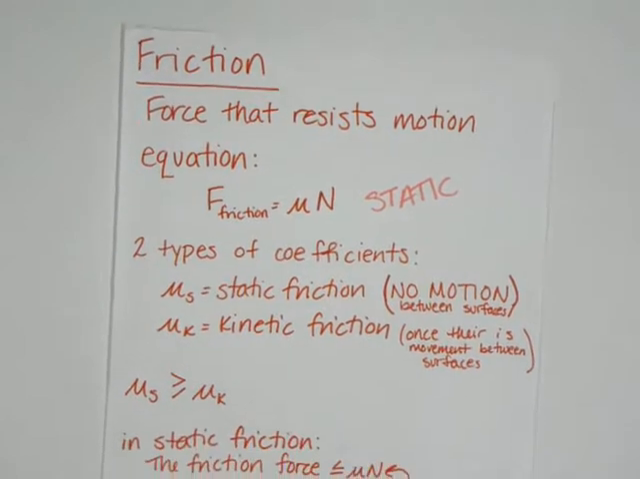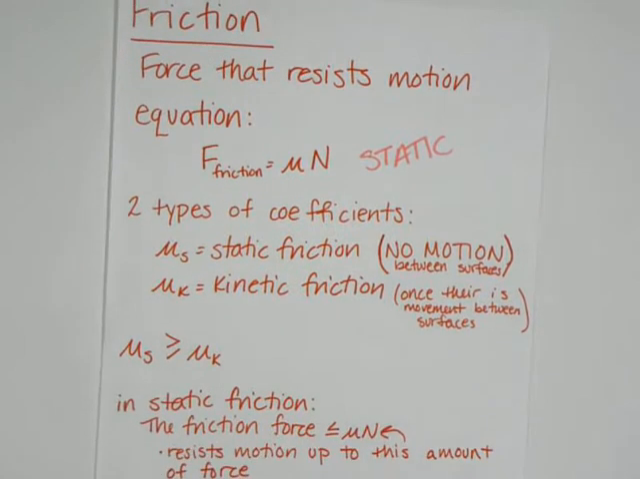There are two types of coefficients, and I've already brought up the second one, kinetic friction, which is once there's movement between surfaces. And I forgot to mention that the force of friction is present whenever there are two surfaces together, and these two different types of friction occur depending on whether the two objects are moving or not. Kinetic friction happens when there is movement between the surfaces, and static friction happens when there's no movement. Pretty simple in that